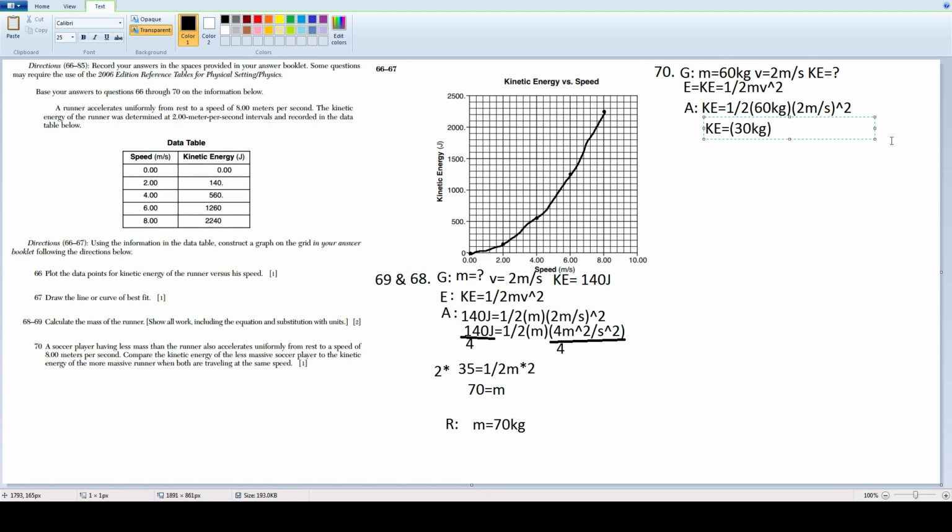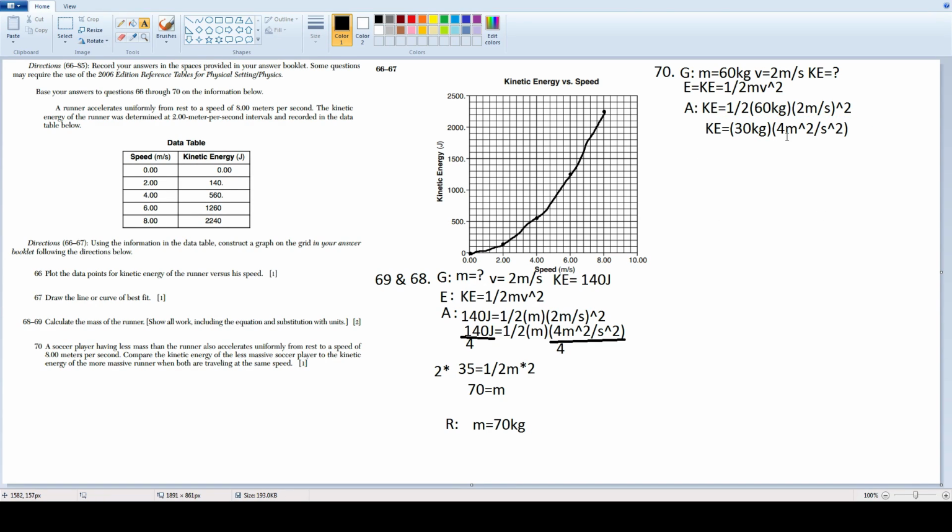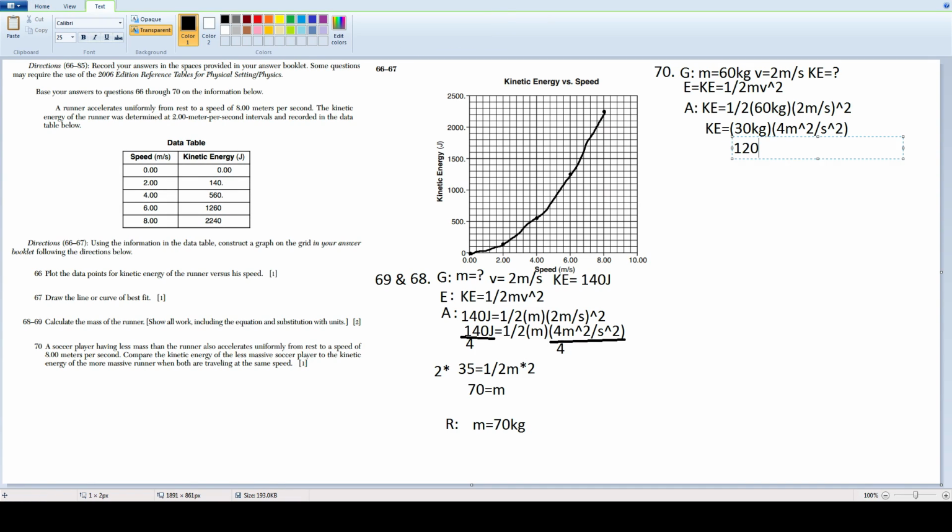kg times 4 meters squared divided by second squared, since 2 meters per second squared is equal to 4 meters squared per second squared. And after this, all we have to do is multiply 4 times 30, and we get 120 joules, which is the